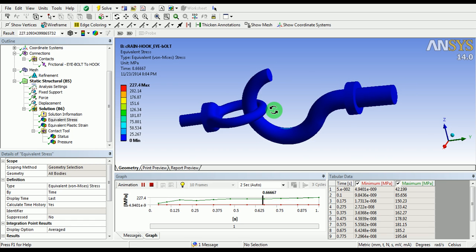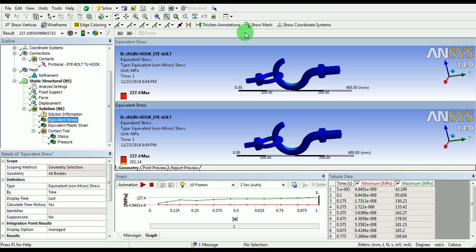The different results can be plotted in multiple windows. For that, pick on the window here, pick on vertical split viewports or horizontal viewports. Under this window, the equivalent stress is the result. Pick on this window, use the plastic strain.